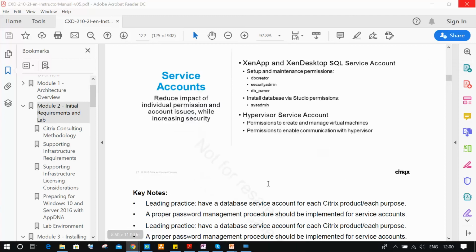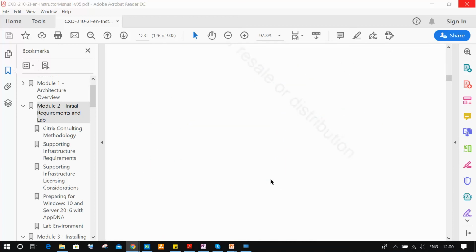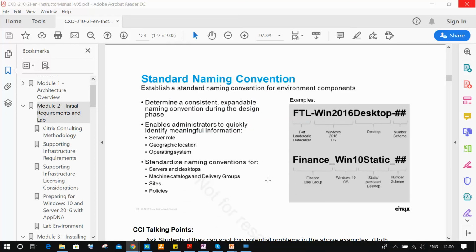So moving to the next slide. This is a standard naming convention. Please don't worry, whatever name I'm giving, please follow along with me. Yesterday I gave some instructions to create a server, for example nyc-xdc-004. Please follow the same rule. Don't change anything. Going forward, we will be creating some other servers with a different format.